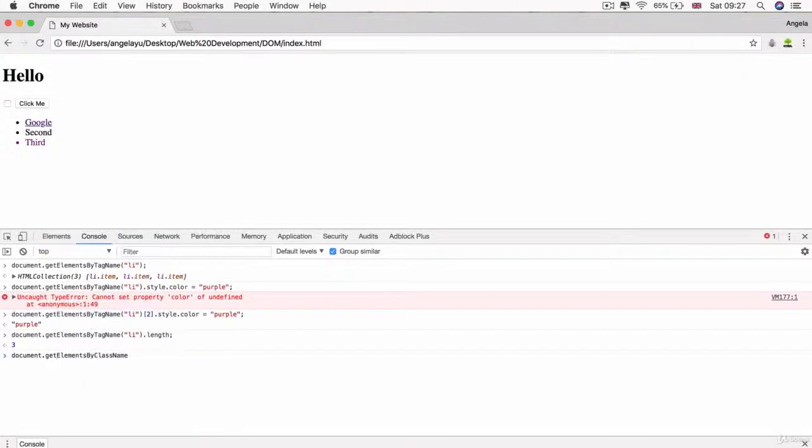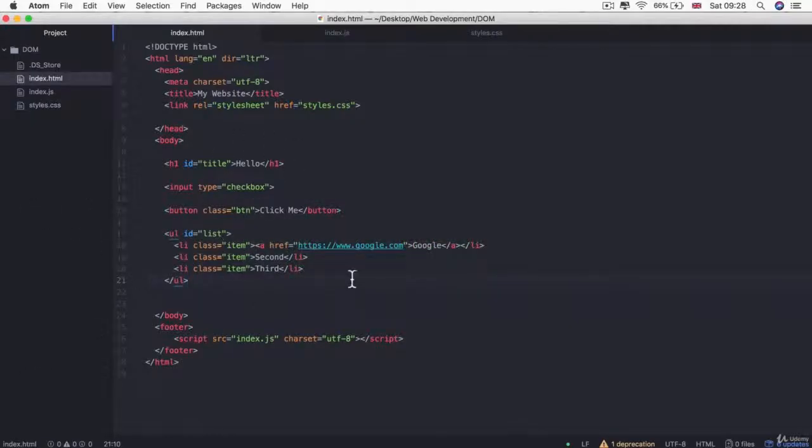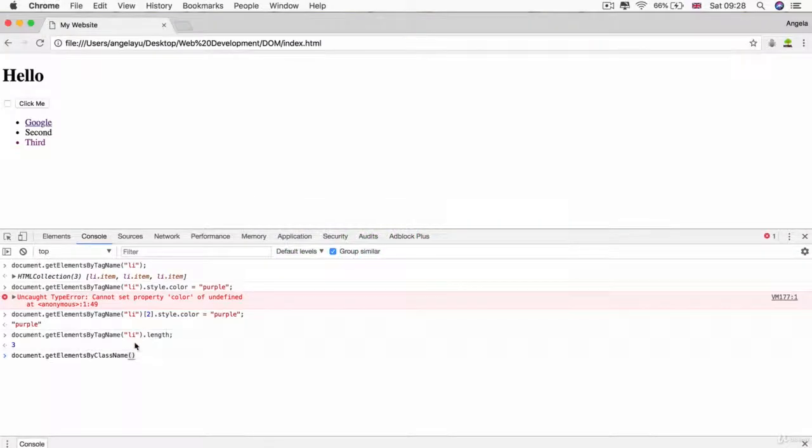Now, along this line of getElement by, you can see that there's a whole bunch of other ones. And another useful one is getElementsByClassName. So what this does is it allows you to select elements based on the name of the class. So you can see here in our web page, I've given a class to some of these elements. So for example, the button element has a class of btn. So we can select that button by saying document.getElementsByClassName, and then inside here we'll add the class